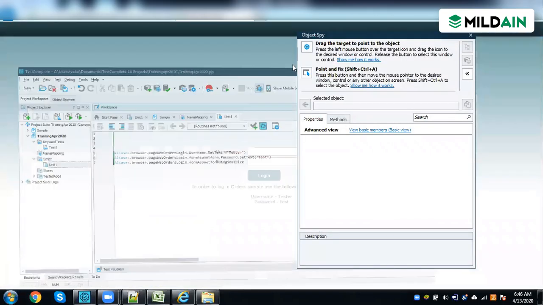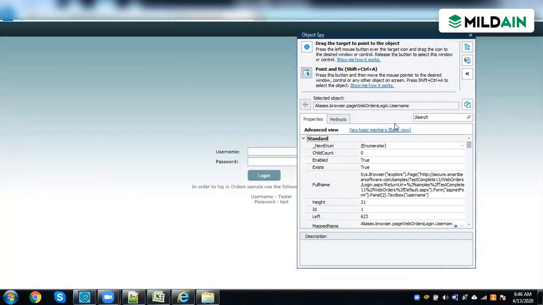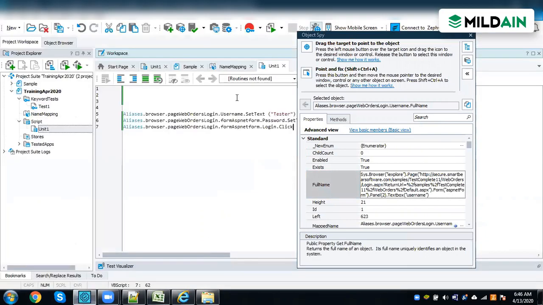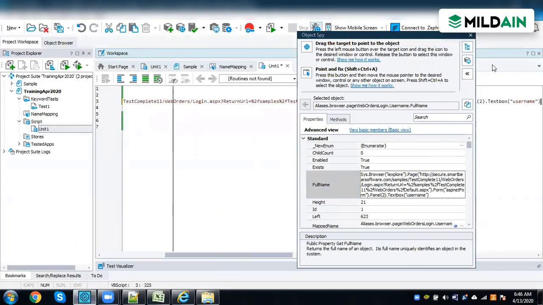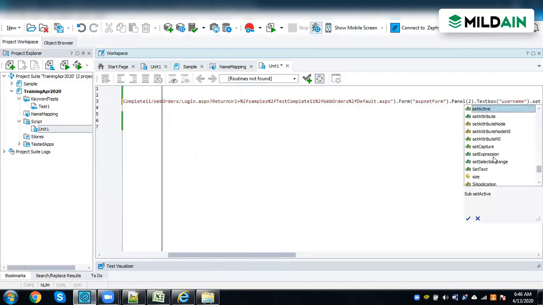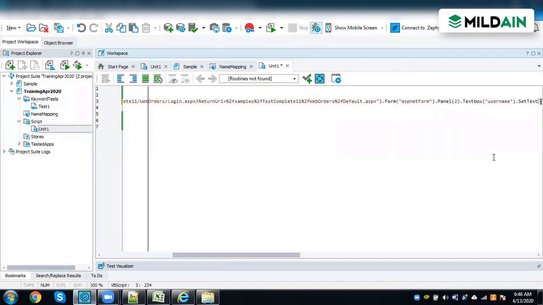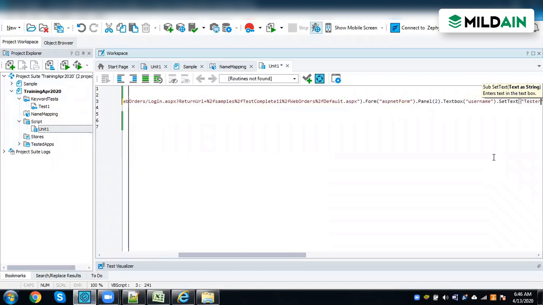I'll show you the full name. For example, for the username, I'll use the full name. So this is my full name. I can use any of the three. I'll just copy paste, because the full name is very lengthy. This is from your HTML tag, or whatever your developer has given in a simple way. So if you see, this is very lengthy.